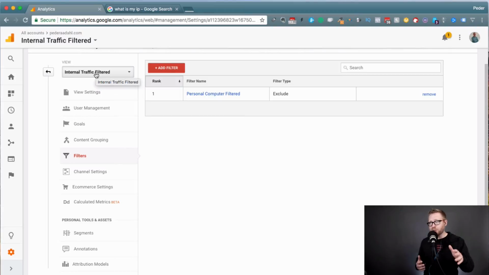Now, the other part about this, just a quick reminder, is that when you're filtering out traffic, there are some other places you want to filter out, and that is potentially other people you're working with, like a virtual assistant. They just need to go through that process of what is my IP. They'll send you their IP address, and you'll just start inputting them. And here's the thing. I admit you're probably not going to get every internal IP address filtered out, okay? But if you take away the majority of traffic that's coming from your own personal computer, or from your work location, or from your employees' work locations,